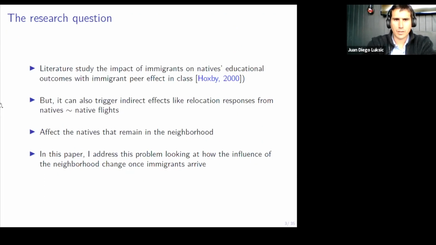To study this phenomenon, I will do something very simple, which is just look before and after immigrants arrive. So it's a difference-in-differences. But I need a large and sharp increase of immigrants. And in this case,